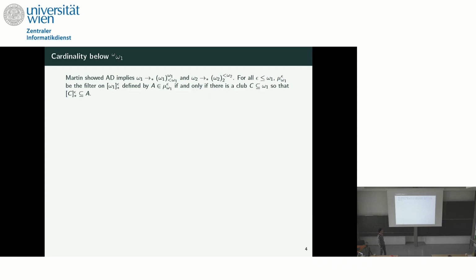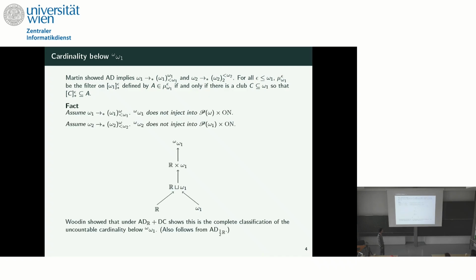For each epsilon less than or equal to omega 1, you can define a filter mu epsilon on omega 1 to the epsilon by saying that A is in mu epsilon if and only if there's a club so that all epsilon sequences through that club is inside of A. Assuming omega 1 has an appropriate countable exponent partition relation, this ultrafilter is countably complete, and by an elementary